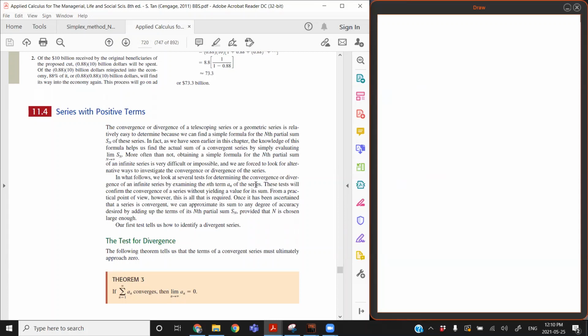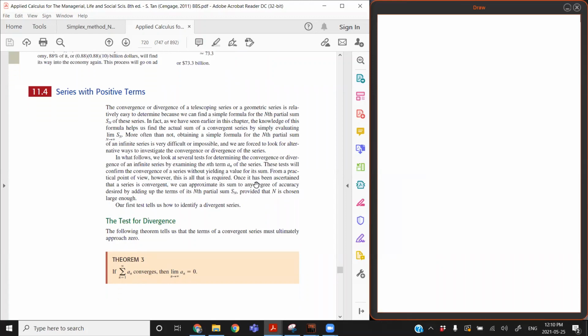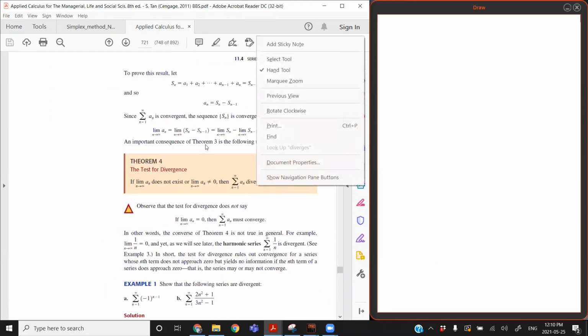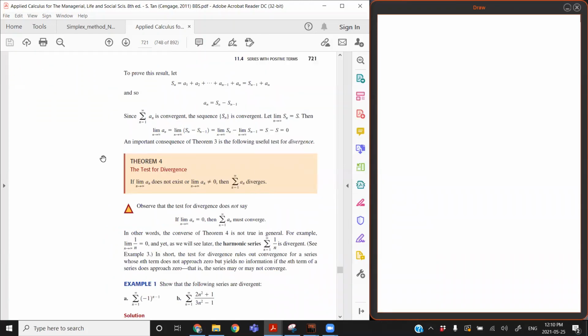Okay, 11.4, series with positive terms. A quick review of what I covered last class. We talked about the test for divergence. We learned that if we have a series in the form sigma a_n from 1 to infinity, then if the